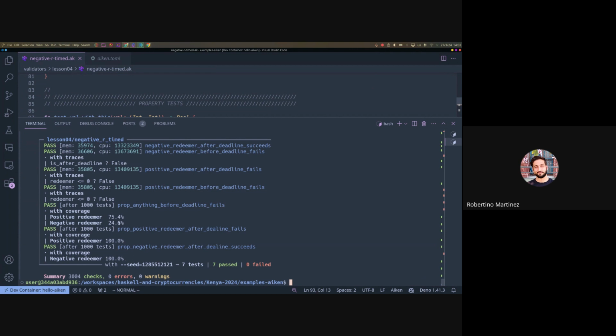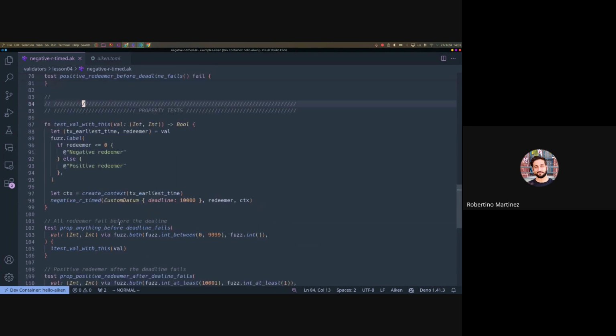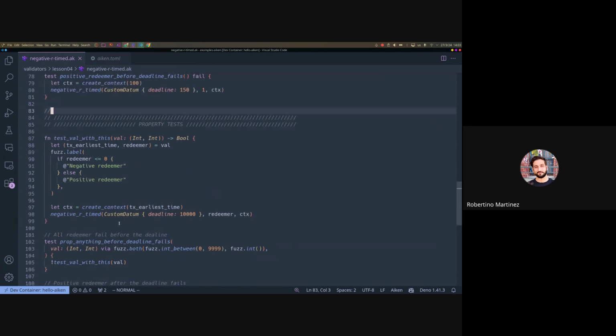So this is how you can, using the label multiple times and in different ways, collect the values that you care about to have some insight into what is being generated. And that will be it as an introduction to testing in Aiken and to property testing in Aiken in general. We have another example, which is a bit more realistic, which is a swap